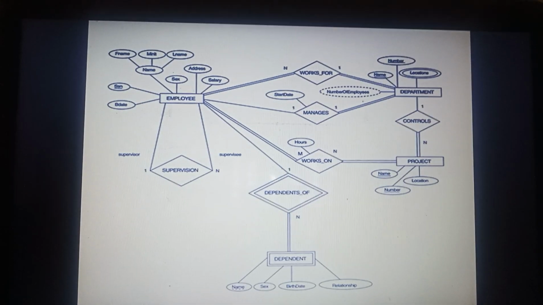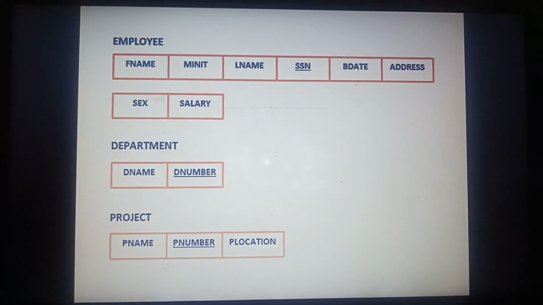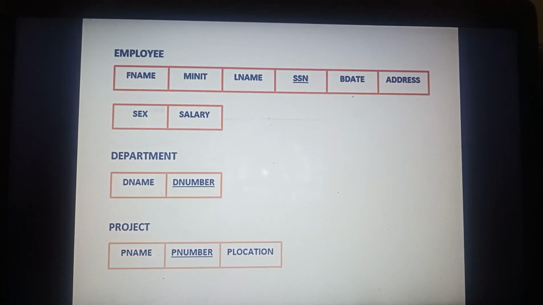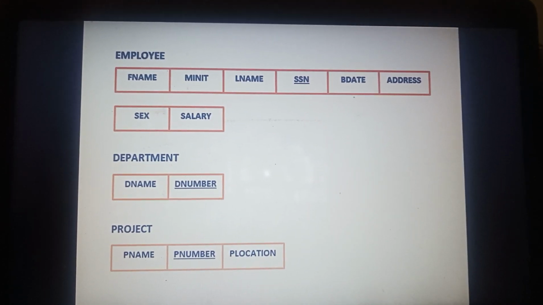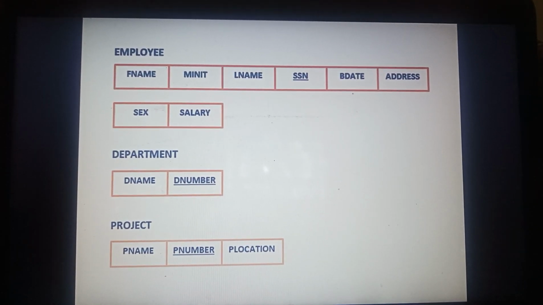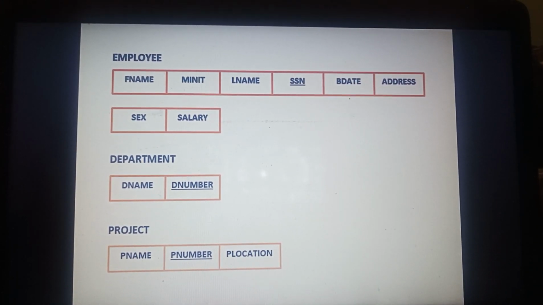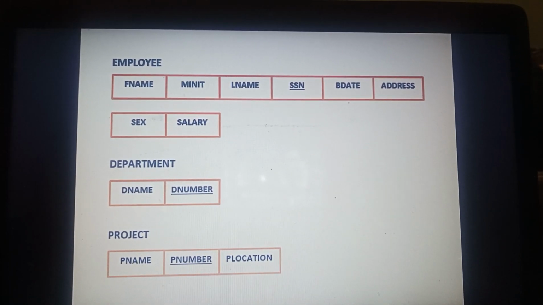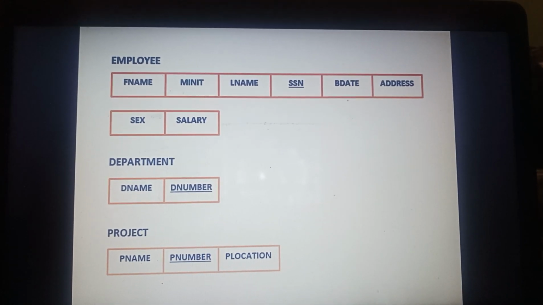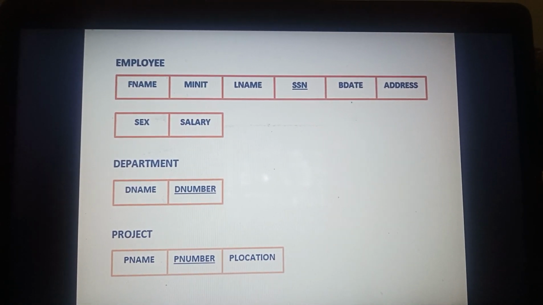As you can see, the output of the first step is we have made the employee table in which we have kept simple and composite attributes. As you already know, name is a composite attribute which is divided into F name, M initial, L name, and other simple attributes also I have kept. I have assigned a primary key SSN which is underlined.